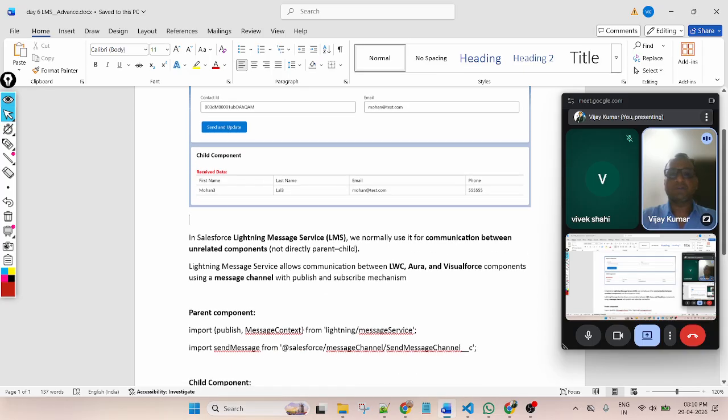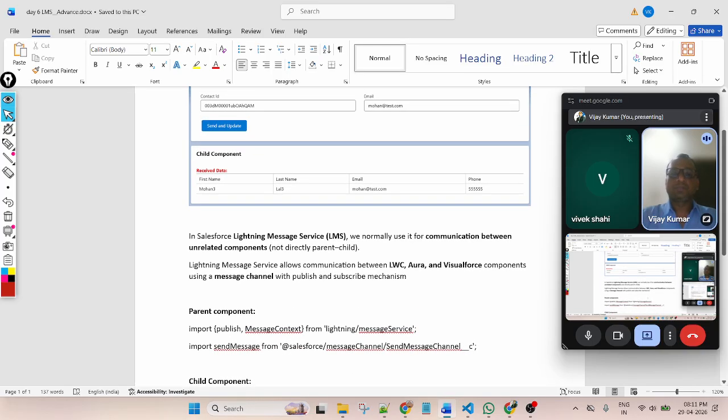So how to cover this? First let me explain how Lightning Message Service works. In Salesforce, Lightning Message Service, that is LMS, we normally use to communicate between unrelated components, not directly parent to child. If components are not connected to each other, we can pass the data through the LMS.